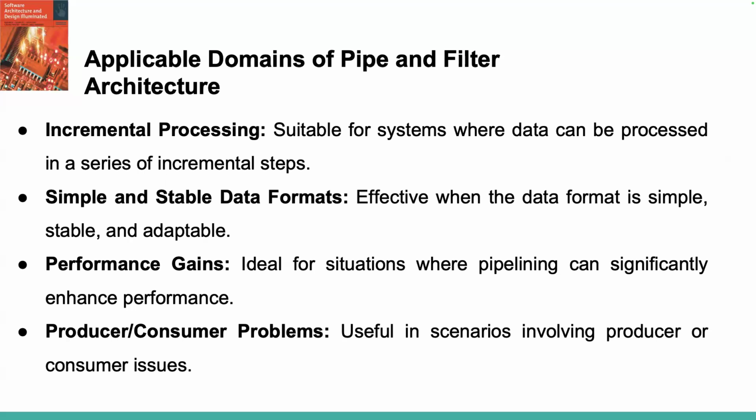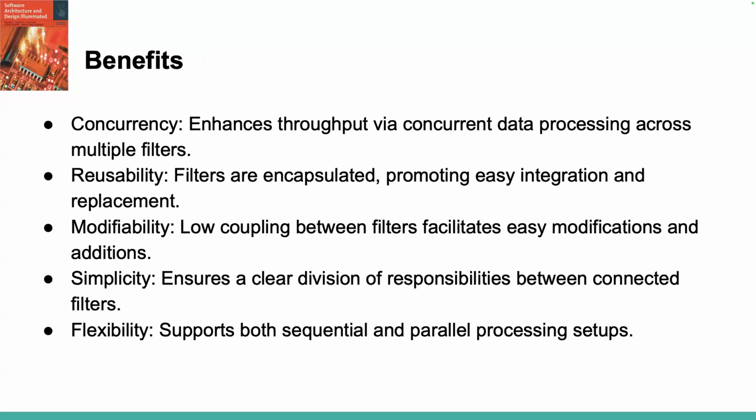Let's summarize the main benefits of the pipe and filter architecture. Concurrency: filters can be run concurrently, greatly improving throughput. Each filter processes data independently, allowing multiple stages of the pipeline to operate simultaneously. Reusability: filters are modular and reusable. You can use the same filter in different contexts or systems,